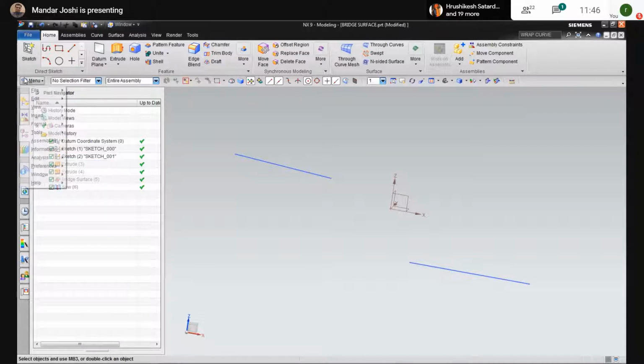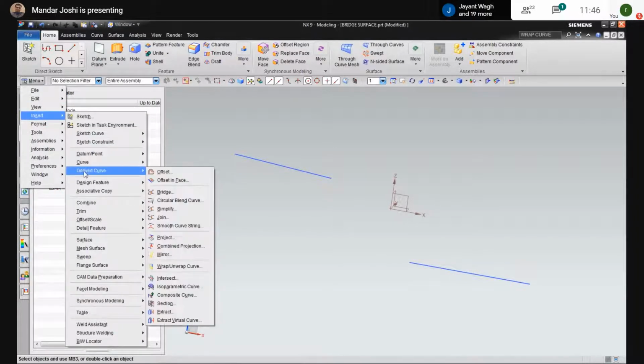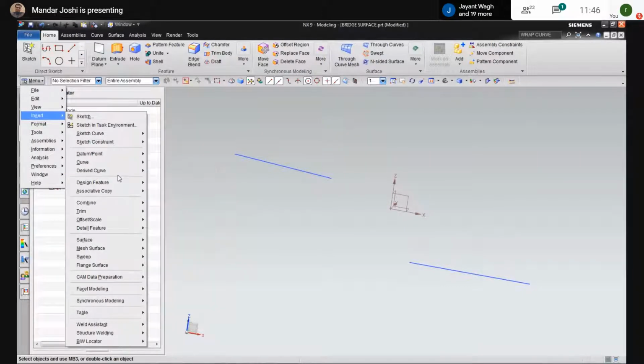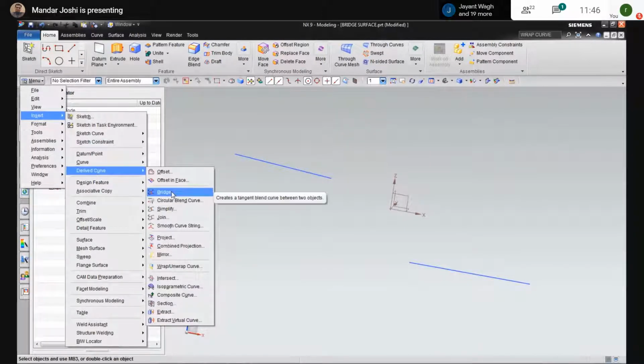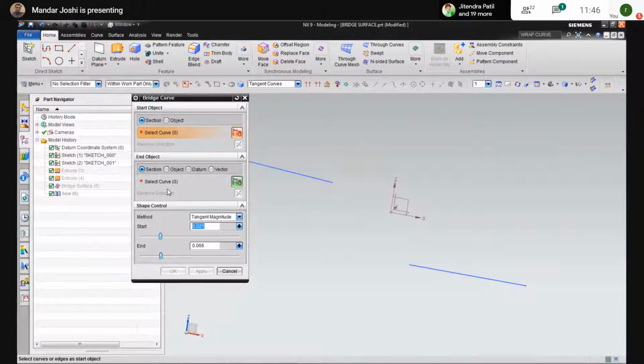So use this menu option, insert, then select derived curves. In the derived curve option, you will find the bridge. The function is the same, only instead of surfaces, curves will be generated. Select the first curve, then the end object, select the second curve. So the connectivity you will find is sharp.